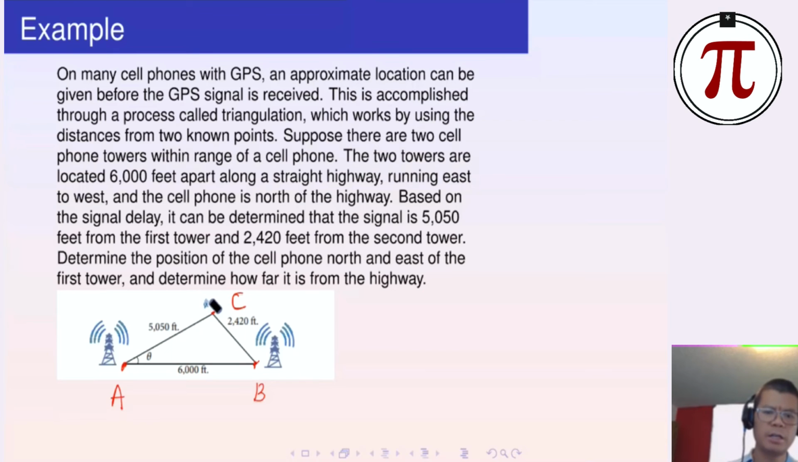Determine the position of the cell phone north and east of the first tower. North and east, right? So that's going to be the coordinate. If A is the origin, then what is the location of C, right? So we want to find the value for C. So basically we would need